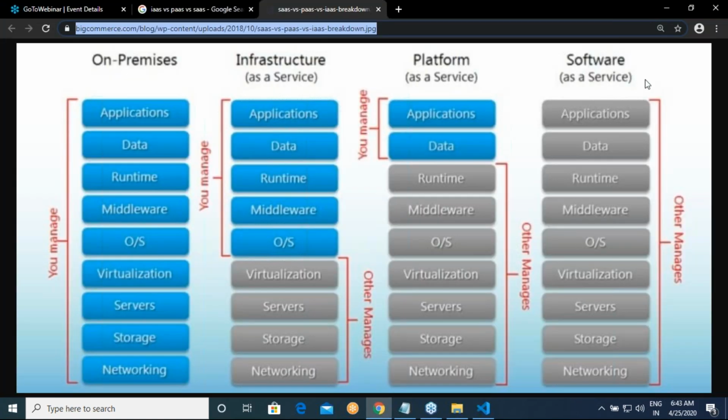Platform as a service means you need not manage or worry about, as you saw yesterday, SQL server. I need not worry about which version of SQL server. I need not worry about updates to the SQL server. The only thing I need to worry about is my data and the applications which I am building on top of my databases. Generally, since you don't build any application on top of the database, the database is used by the application, right? So this is considered database as a service.